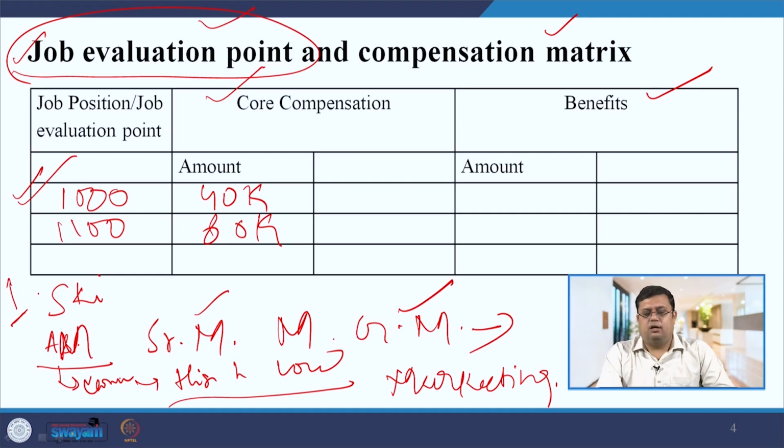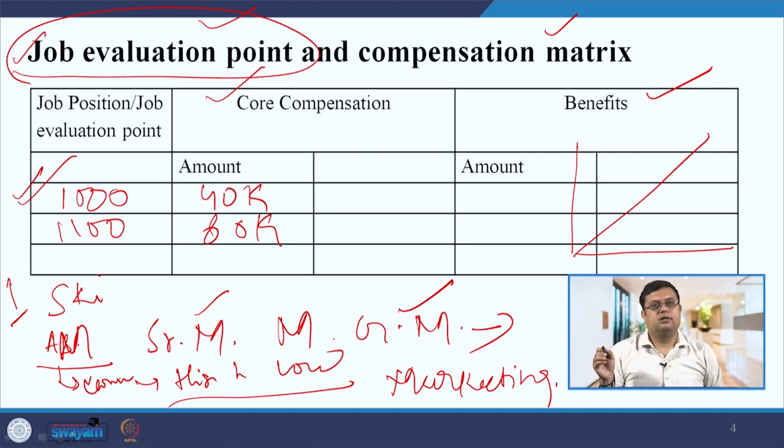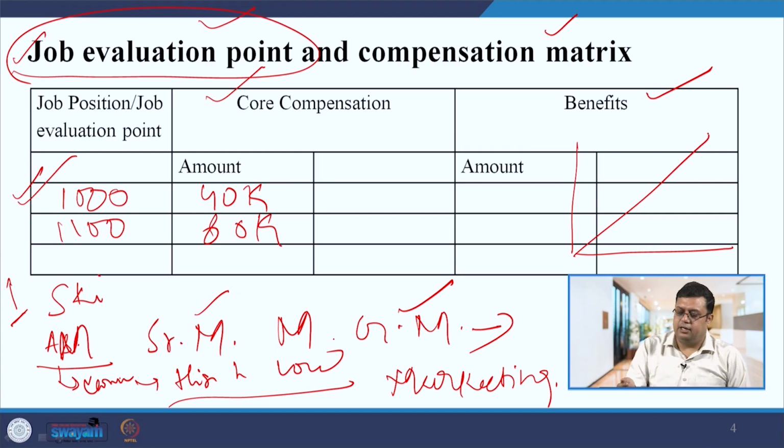But if you keep reviewing your compensation matrix, then you can take an appropriate decision whenever it is required. So here you can analyze the job worth and compensation. How can you visualize it? You can plot annual salary against job worth, and then you can draw a market line. Based on the market, for which job how much is being paid, you can calculate various types of ratios. That is what we will discuss in the next slide.